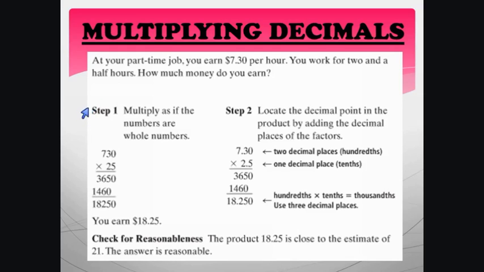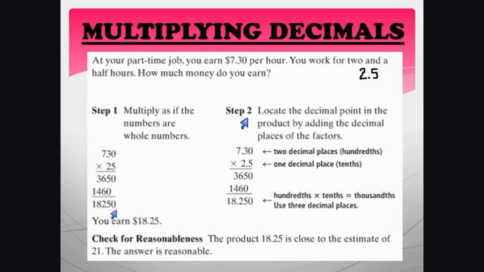Our first step to multiplying decimals is to multiply them as if they were whole numbers. So we're taking away those decimals. This is what it looks like. 7.30, when we take away the decimals, is 730. And 2.5 hours, 2.5 written as a decimal is 2.5. So we're going to take that away because we are multiplying as if they are whole numbers. From there, we multiply to equal